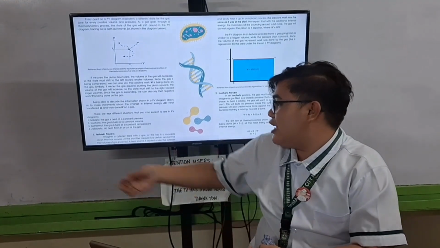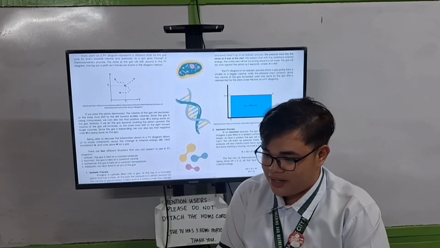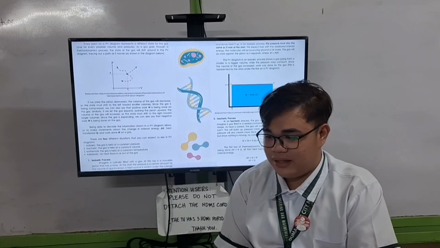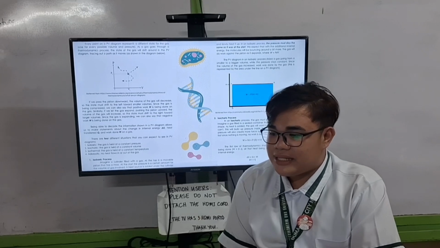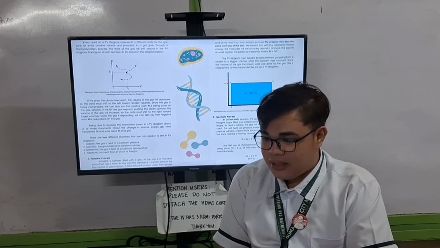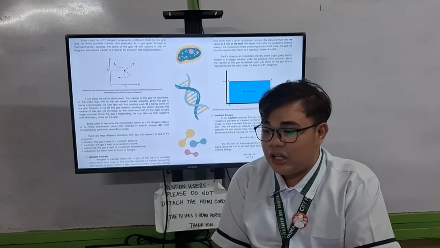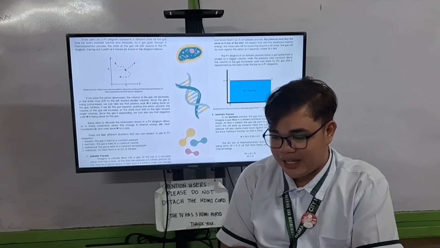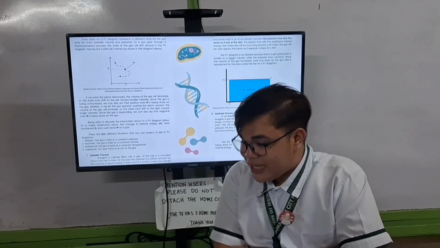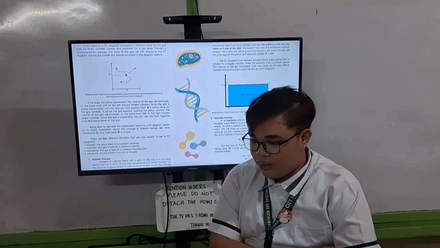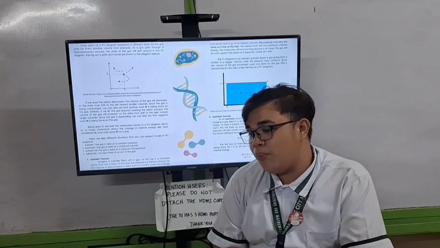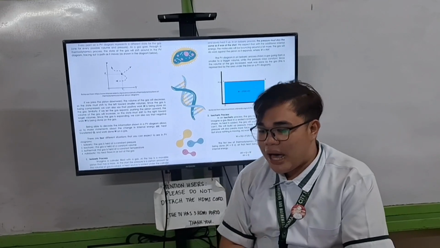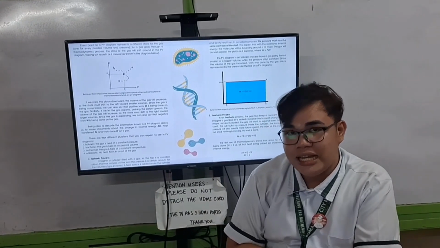And now let's go to the isobaric process. Imagine heating a cylinder with a movable piston. As the gas gets hotter, it expands, pushing the piston up. The pressure stays the same, but volume increases. The work done is the area under the line on the PV diagram. The formula for this is W is equal to P times V2 minus V1. In short, when the pressure stays the same, the gas expands and does work by pushing the piston.